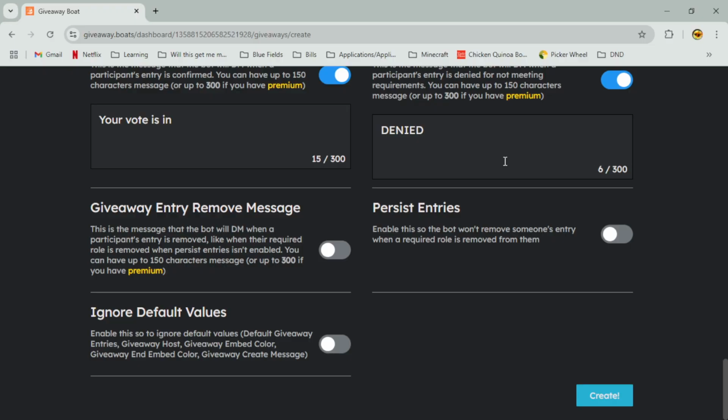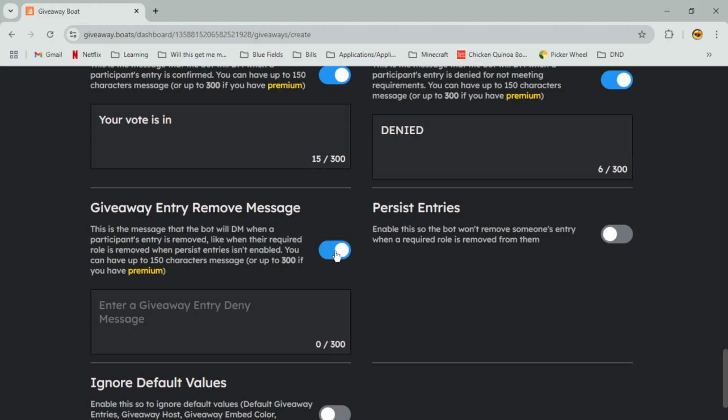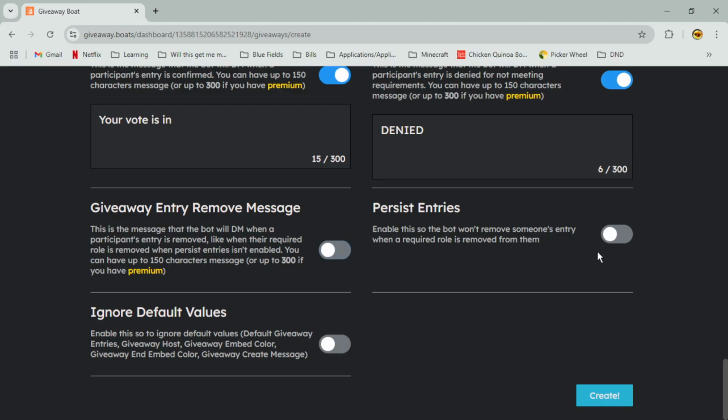I haven't removed anyone's entry, so I'm not really worried about that. And since I don't really do role or like whitelisted roles, I'm not really worried about this. I won't have the bot remove someone who doesn't have a role. Yeah. And then I'm not sure what this is, but